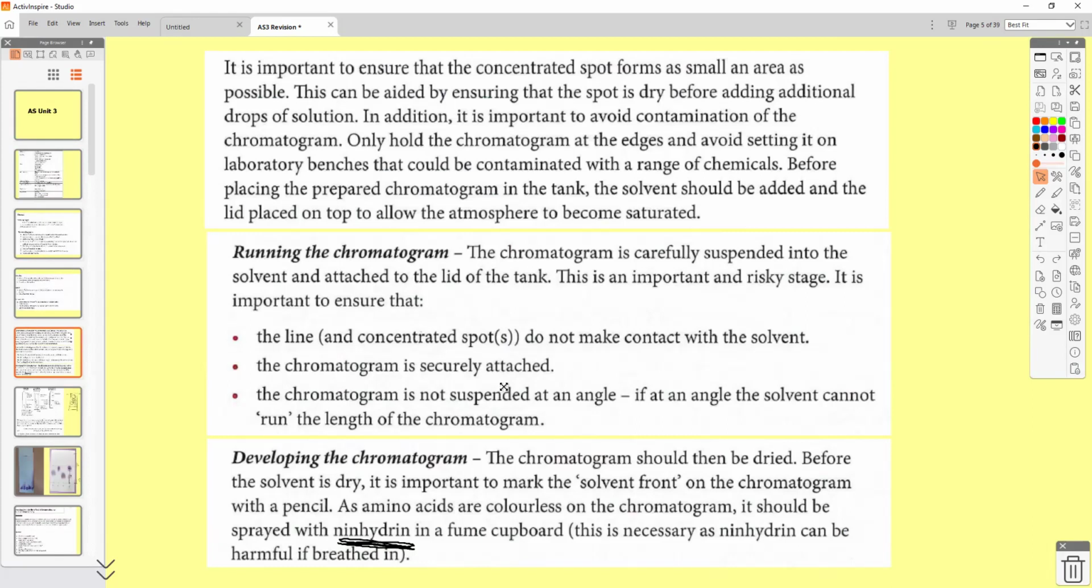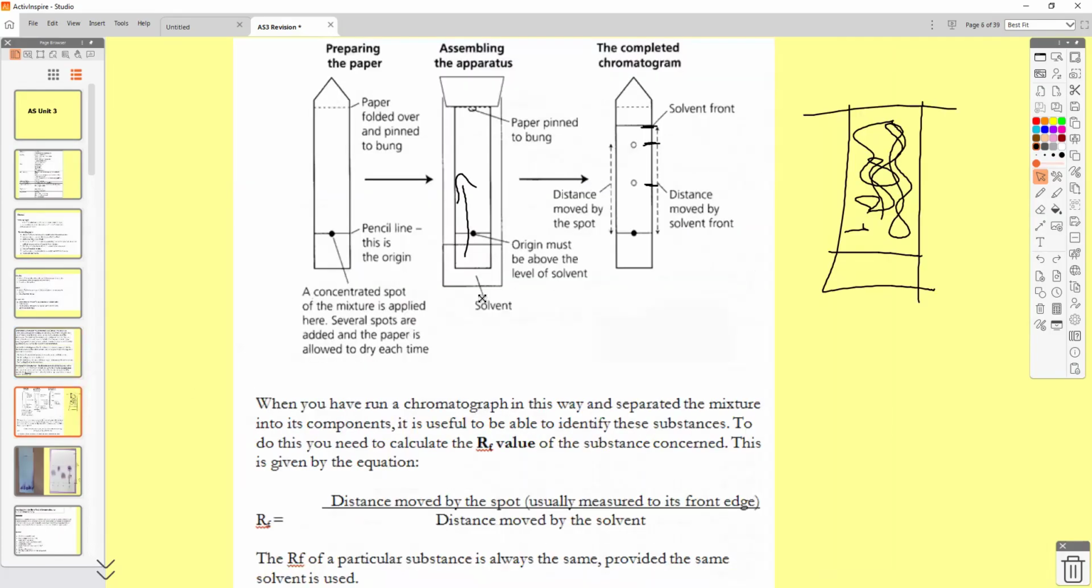You shouldn't touch the chromatogram paper with your hands. You should touch the edges, but not the actual main part of the paper, in case something from your hand goes onto the paper. Okay. Once the chromatogram has run, okay, so you have your pencil line, the solvent will run up through and drag the amino acids with it, if you like. Once that has done, then the solvent front, where the solvent gets to, is recorded. Okay, so you mark again with a pencil,